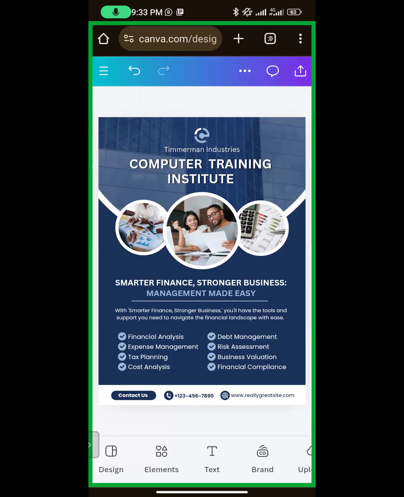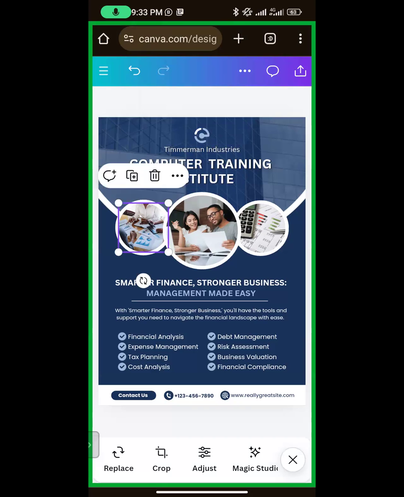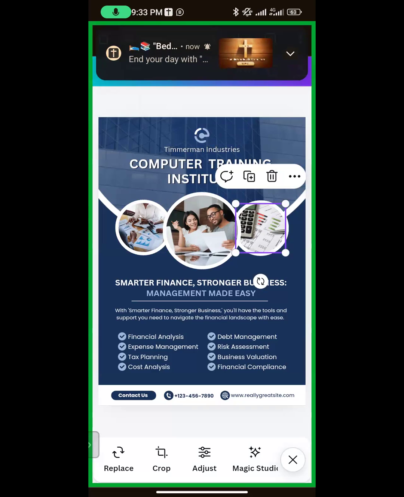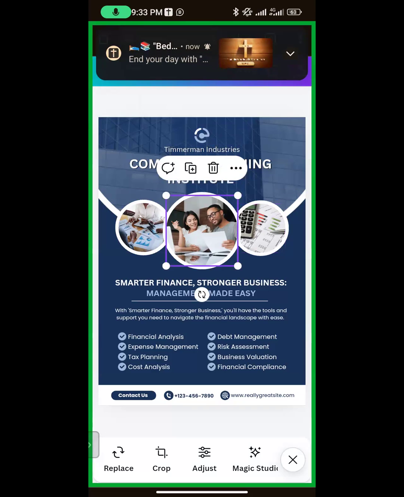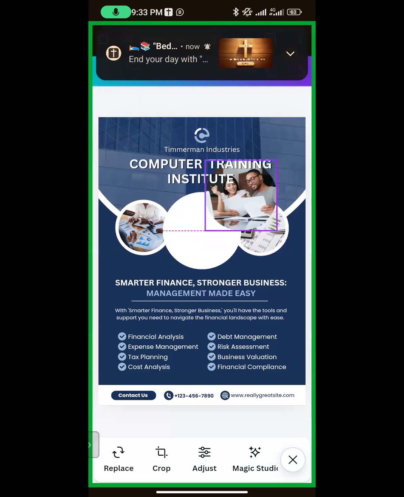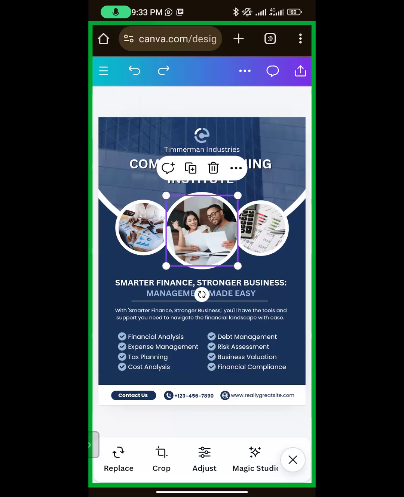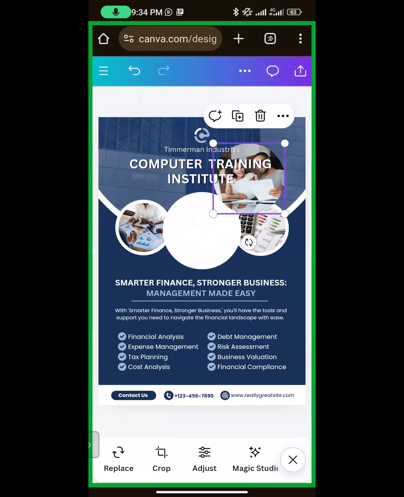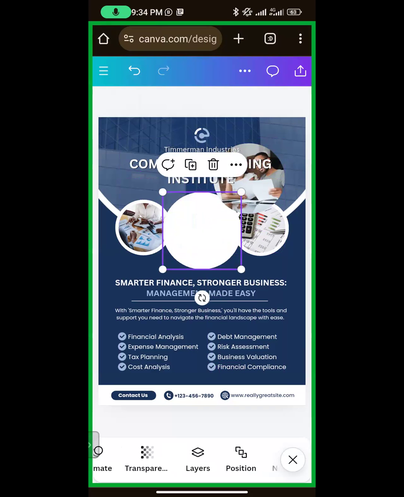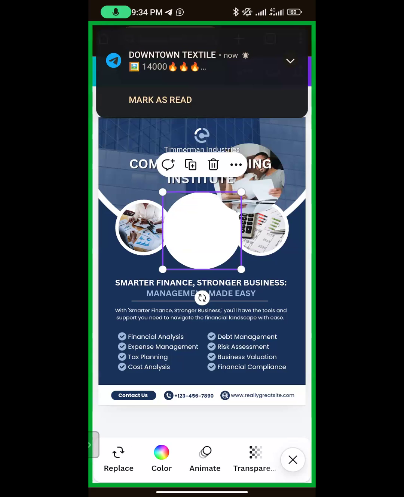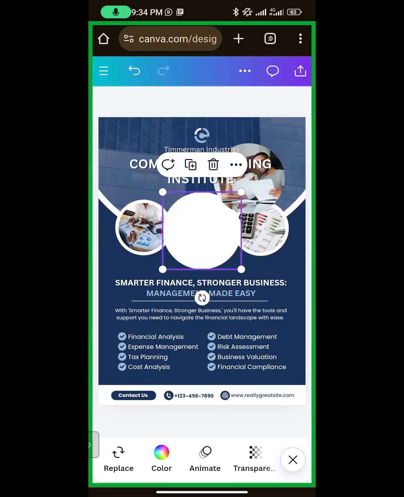People here, they are dealing with finance. As you can see, there are pie charts, there are different things, calculator and all that, that deals with money. But they are talking about what deals with computer. So you come and search for computer. What you are doing now is you are replacing. If you don't want this image, you will come to this circle. This particular circle was imported, it's not a shape. If you don't want this circle, you want it to be a different thing entirely,